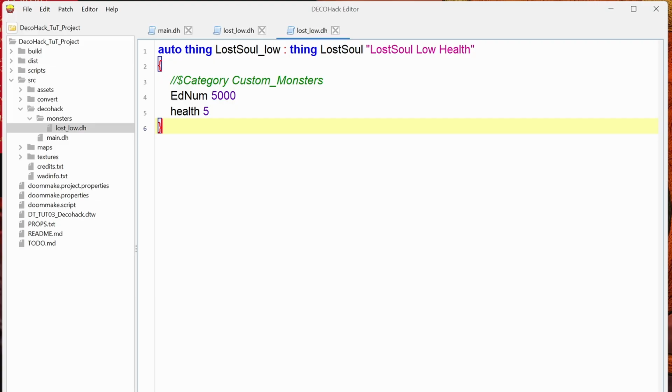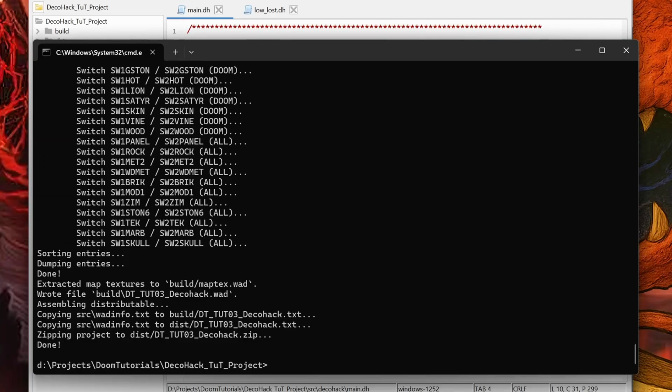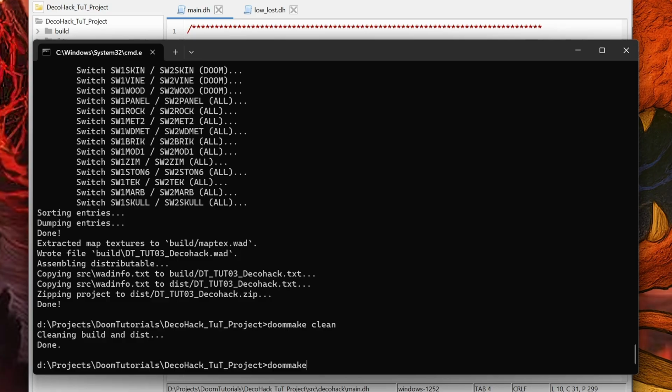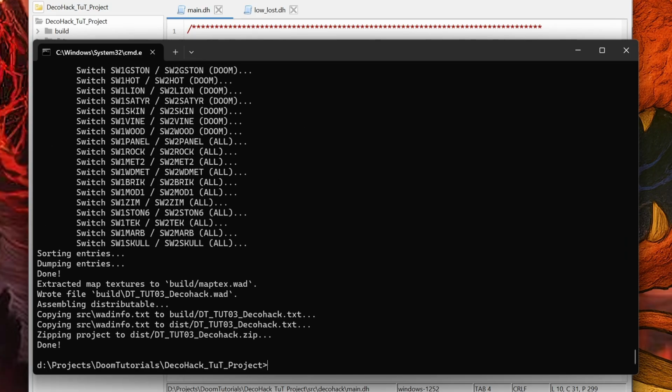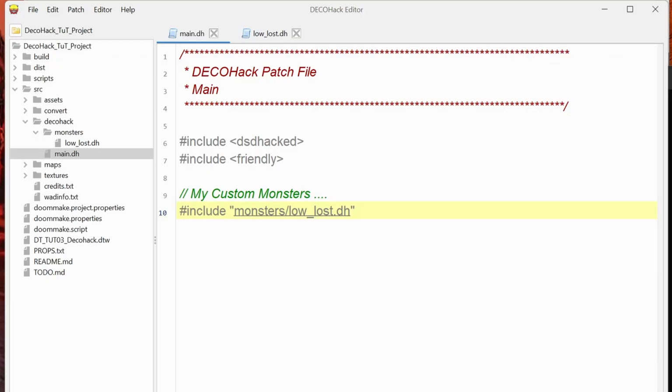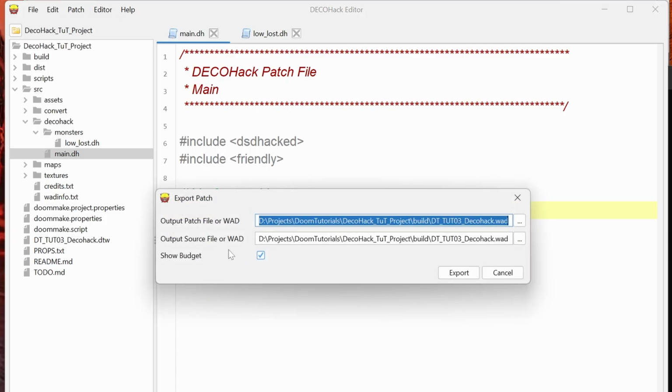So we've basically set up our little lost soul. That's all done. But coming into the command prompt or even using the GUI to do a doommake can be a little bit cumbersome, right? It's a bit of a hassle, especially if all we want to do is test our coding. So there is a way that DecoHack Editor can handle that for you. And if you go into patch and export patch, where it says select output patch file and output source file, that's the DecoHack source file, the combined one, and the patch file is the